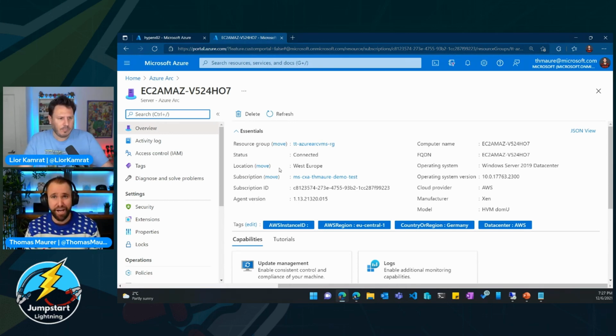Again, this tag now, if you're not familiar with tags so much and you haven't used them, then you'll say, well, it's nice, it's just there, right? But as you mentioned, this can now be used in various different places. So if I go, for example, to the all resources page, I could actually filter and list all my servers or VM instances running in this AWS region. If I use multiple AWS regions, I could nicely group them, list them, and then run automation against them, script around it, right? And I guess, as you said, also use policies, for example, to govern these servers, depending on, for example, the region they're in or any other attribute. I'm loving it.